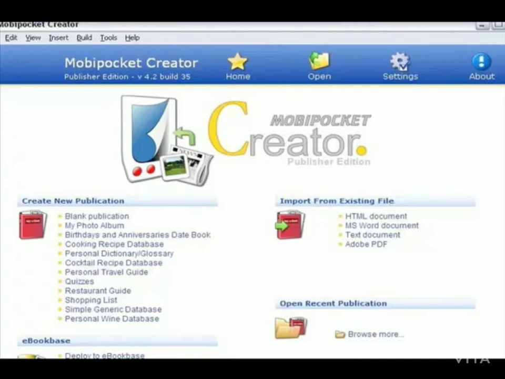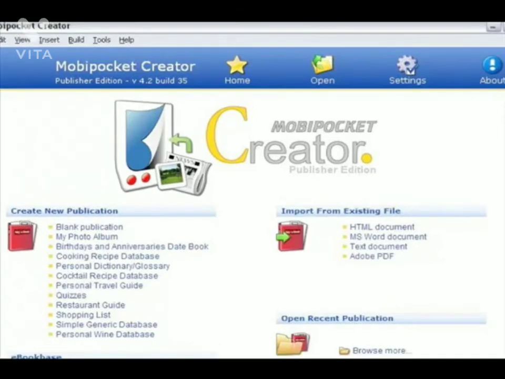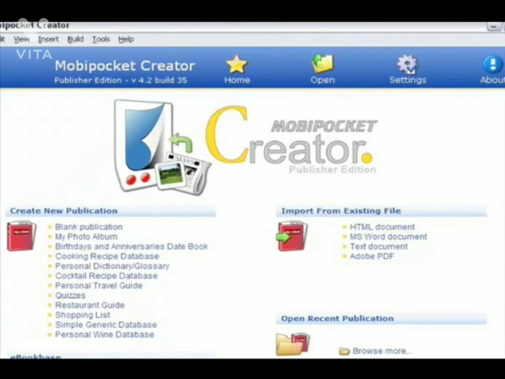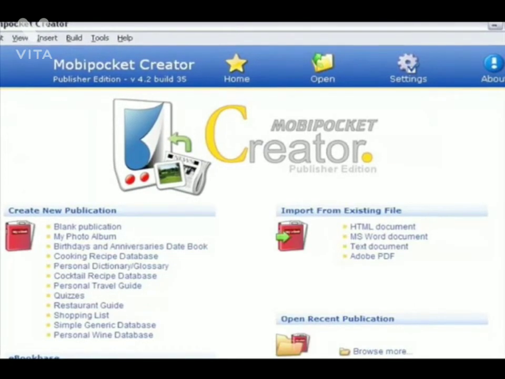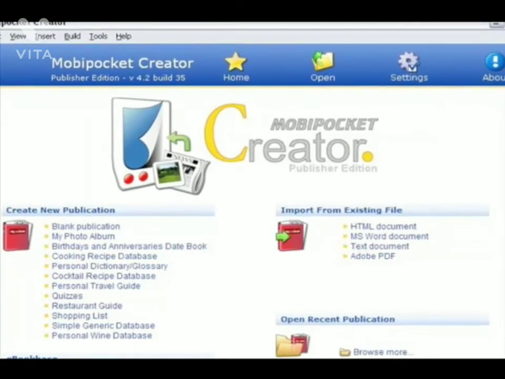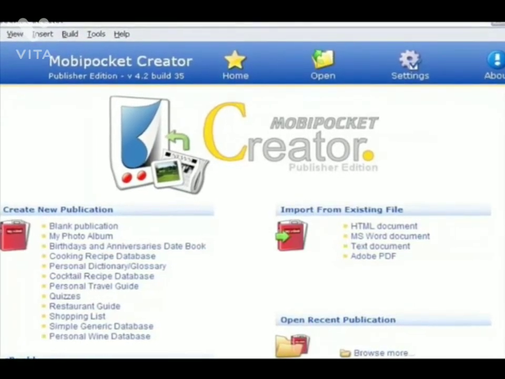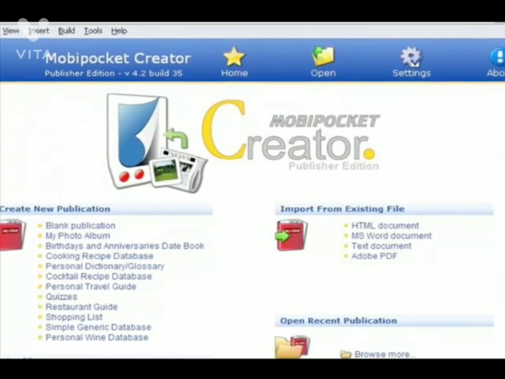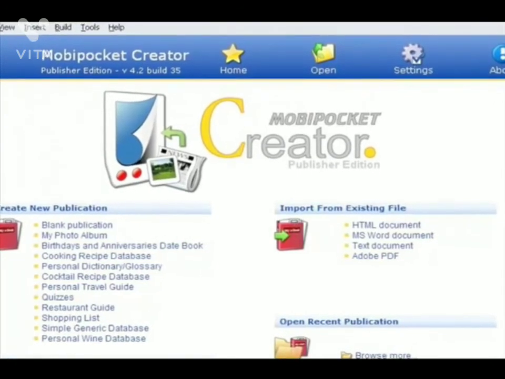On the left hand side there's a lot of stuff there that you really don't have to concern yourself about. This piece of software was created a number of years ago, and a lot of the stuff on here is really outdated. So don't even worry about what's on that side. What you are going to be using is on the right side of the screen where it says import from